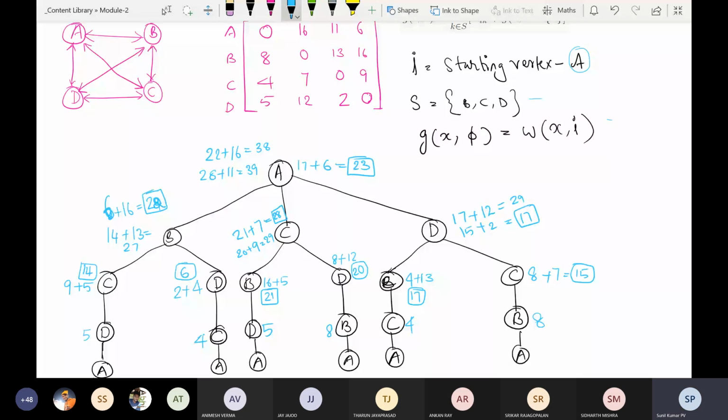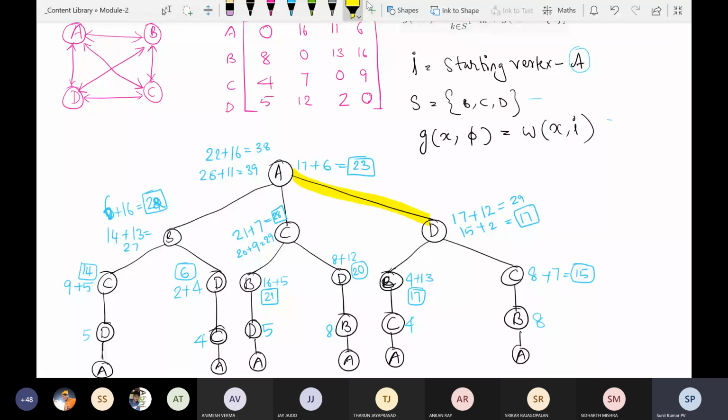So from this situation, can you tell me what is the path to be taken by the salesman so that the overall cost is minimized? From A, where should he move? One option gives him 38 cost, another gives him 39, and the last option costs 23. So which one should he take? The last one, the low cost one, 23. So from A, first he should move to D. From D, he has two options.